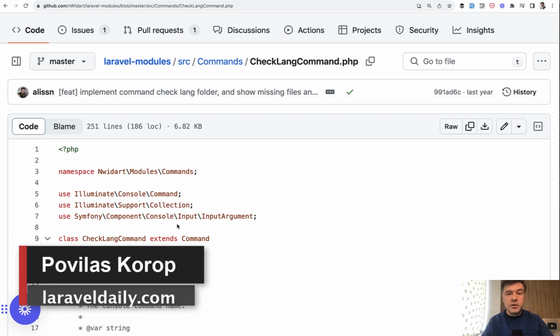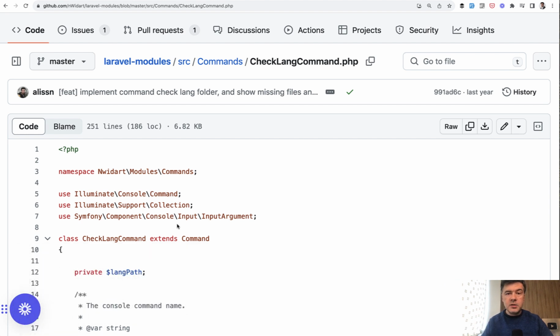Hello guys, today I want to talk about PHP classes and public and private methods, with an example of a structure of a console command, an artisan command, from a package, Laravel Modules, a well-known package by Nicolas Widart. I want to show this as an example of how you can structure a bigger PHP class or Laravel class, and what should be public or private. Of course, it depends on the scenario, but I think this file is quite a good